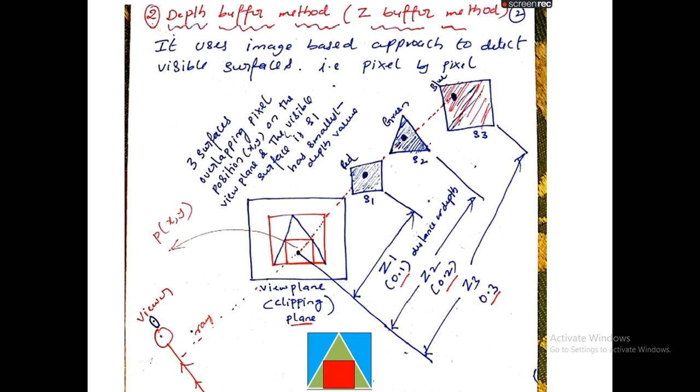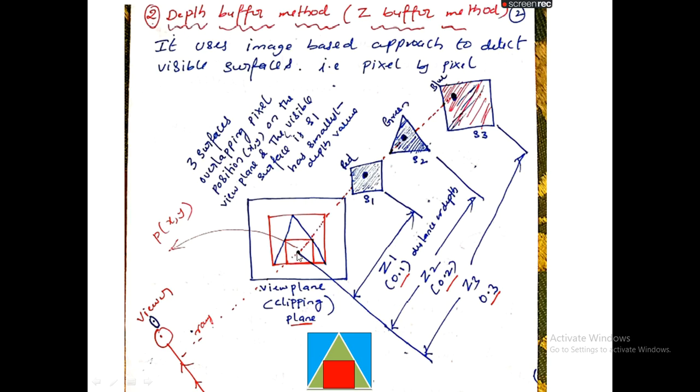So let us consider the observer is standing here. Now we need to take one particular pixel here. I have taken one particular pixel, called P of xy. This pixel P of xy is shared by all three surfaces, that is surface 1, surface 2 and surface 3.